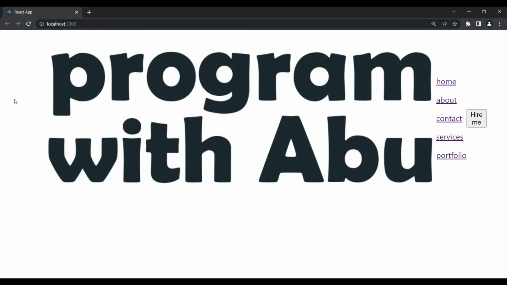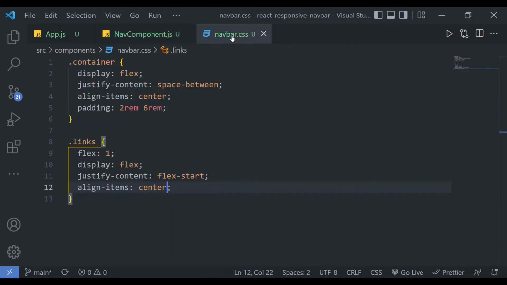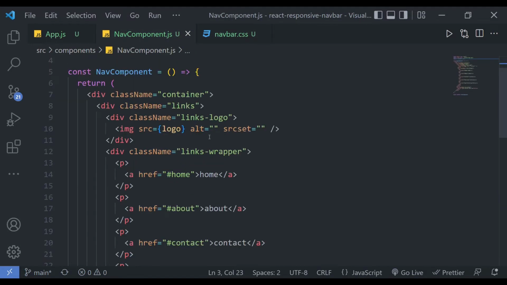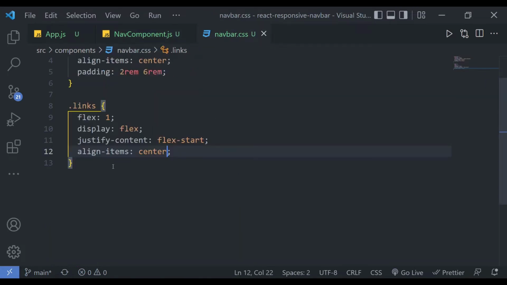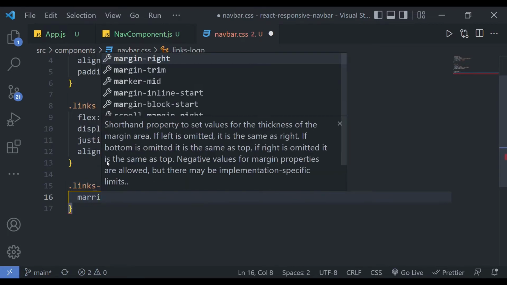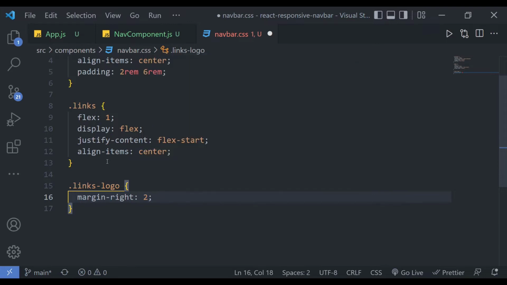Now I have a bit of spacing from the left and right, and I have this navigation pages, and I have the button all on the same line because the display is flex. Back to navbar.css, I want to give the logo a small padding to the left, or rather a small margin to the right. So when I target this links logo, all I'm going to say is margin right, and I'll give it like 2 rems so that I have a separation between the logo